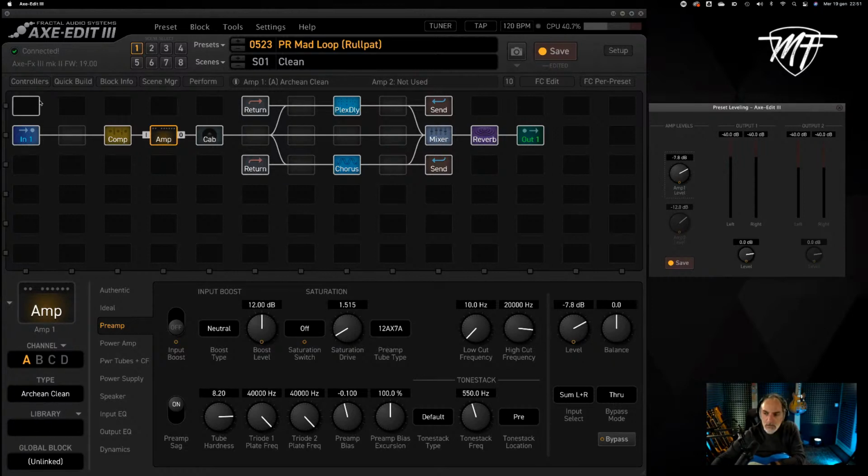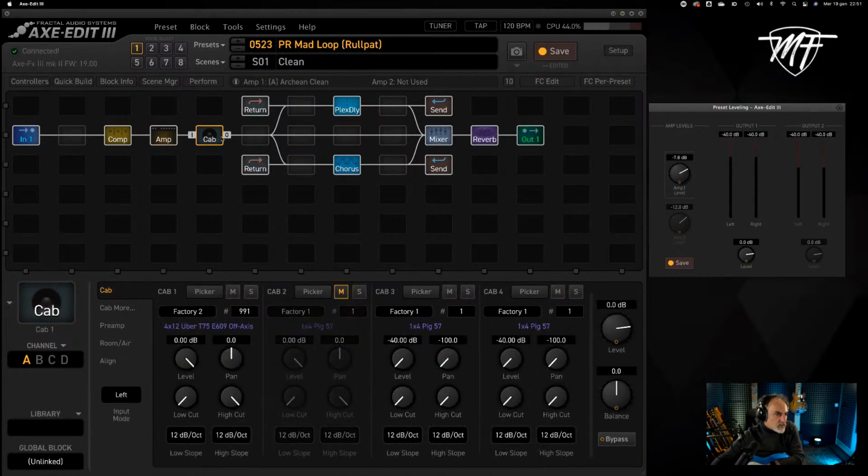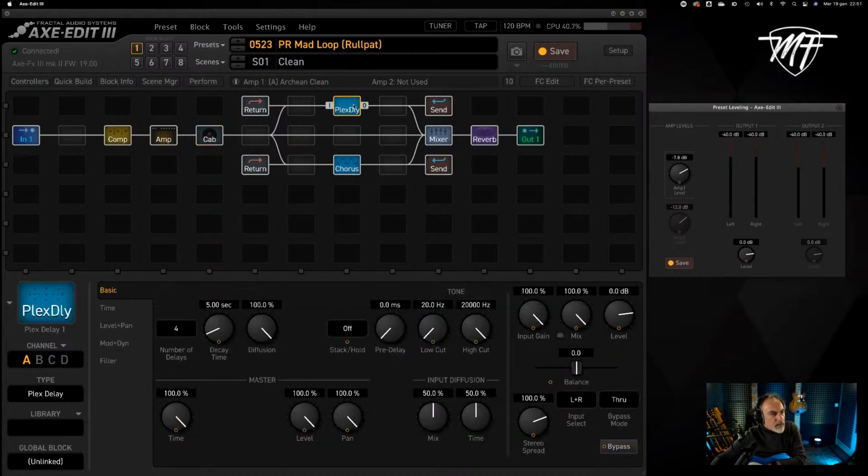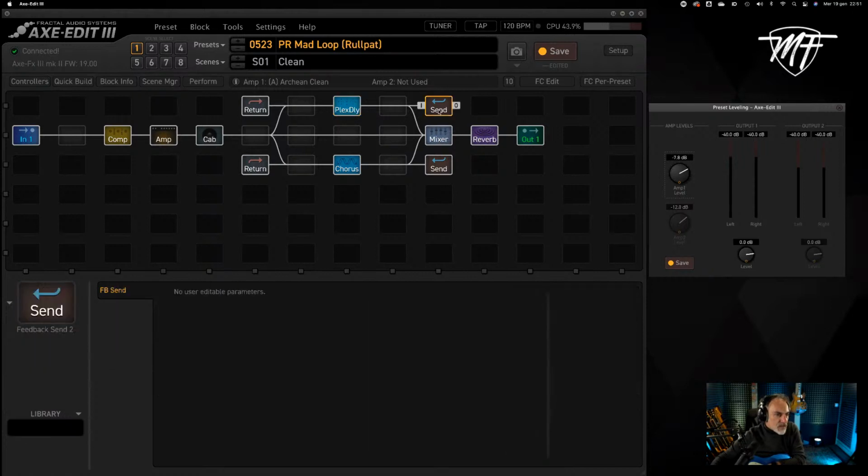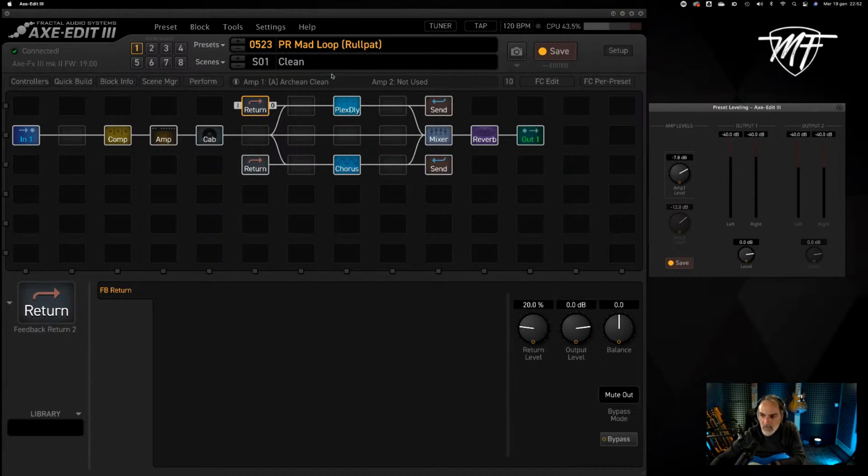So there is a cabinet, or the Uber cabinet. You create two parallels with the plex delay, and the output of the plex delay goes to the send to, and return to. So you create a loop between the plex delay. I don't know the reason why, but